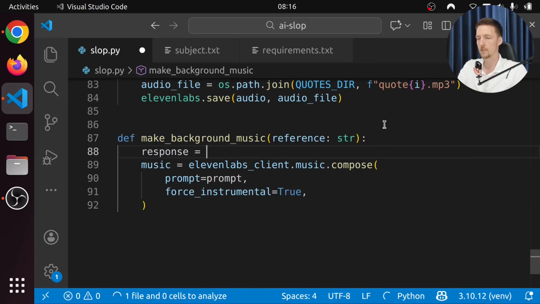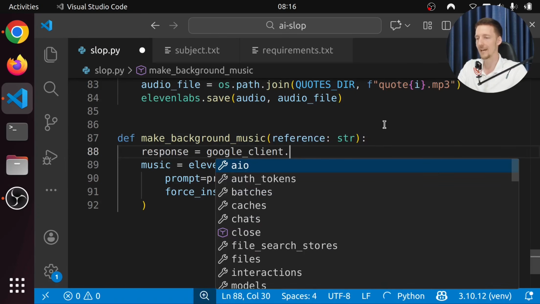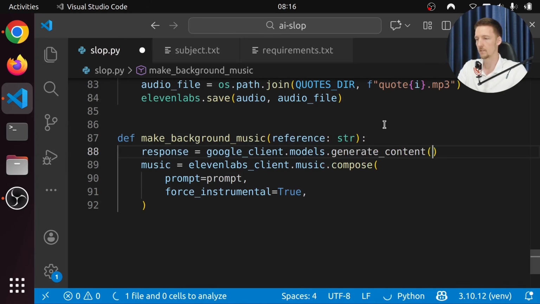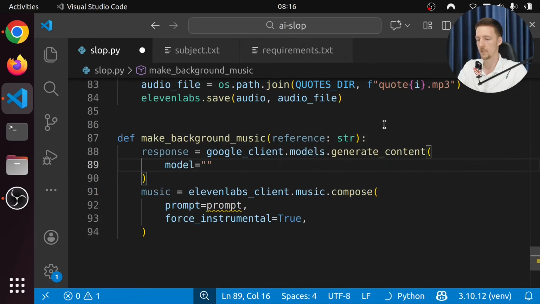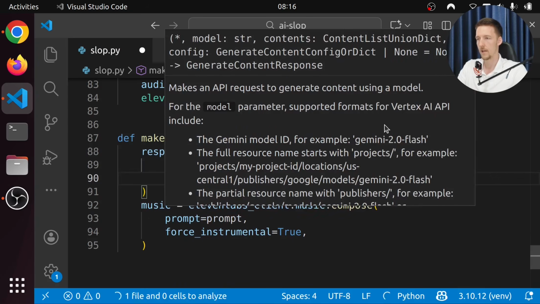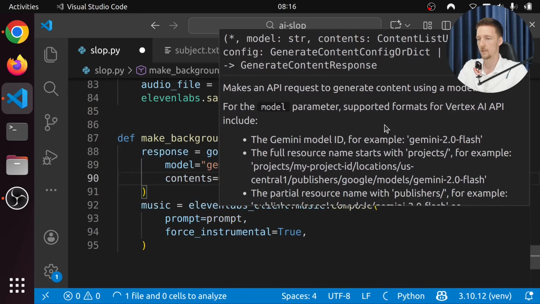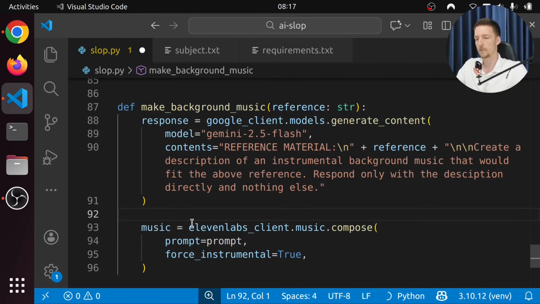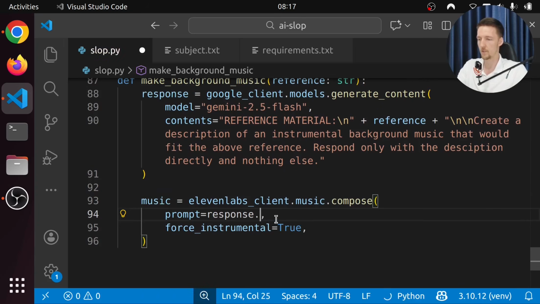So the response is going to be Google client models generate content, and the model is going to be Gemini 2.5 Flash, and the contents is going to be this thing. And then the prompt is actually going to be just response.text.